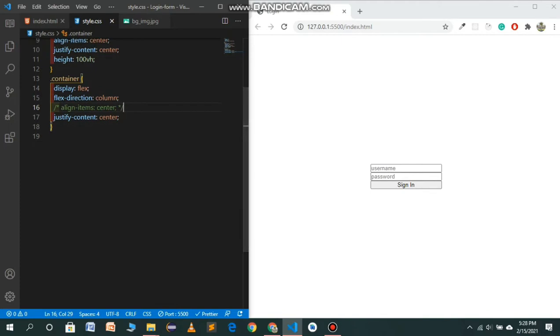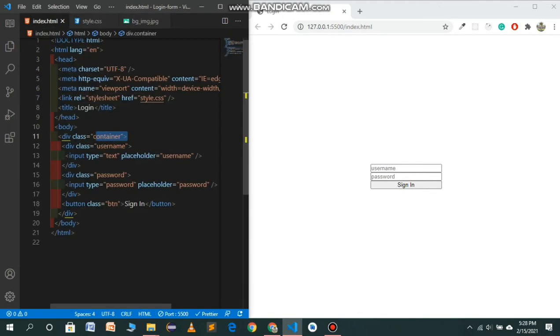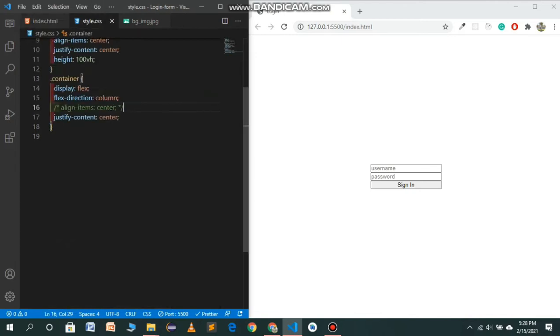Now we have to target our inputs. First of all, I will target the username, then password, and then our btn. The username will have a margin of, I think, top and bottom will be 10 pixel and left and right will be 0.